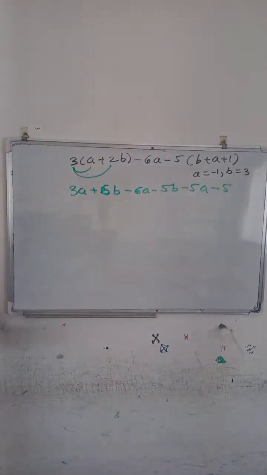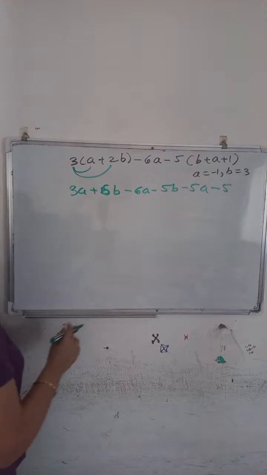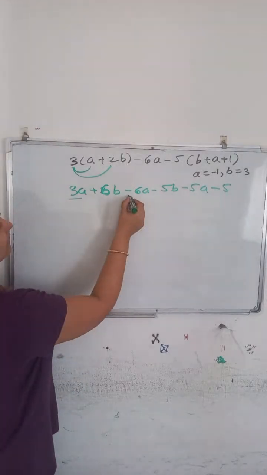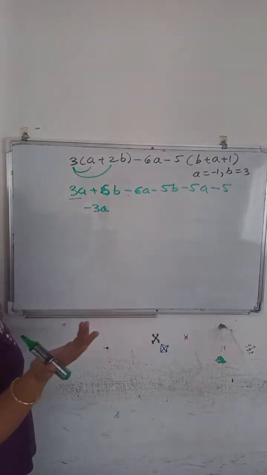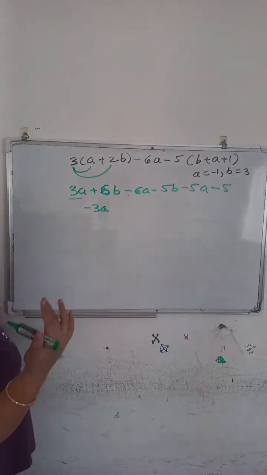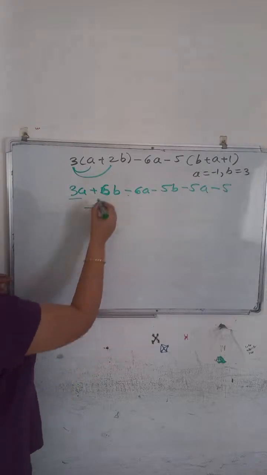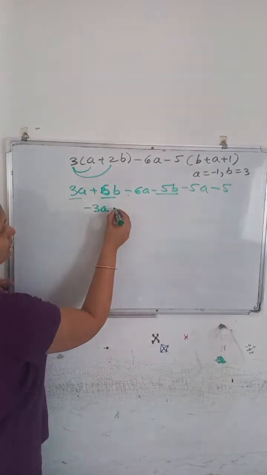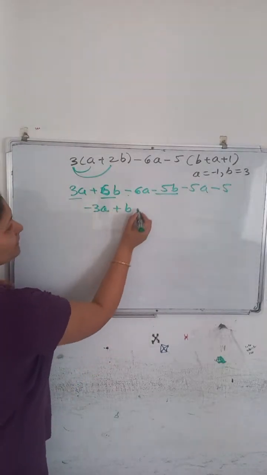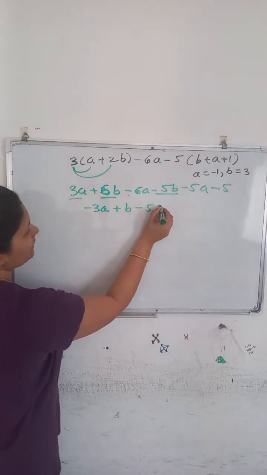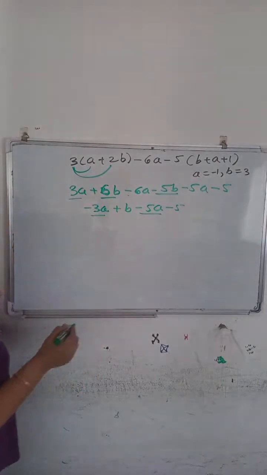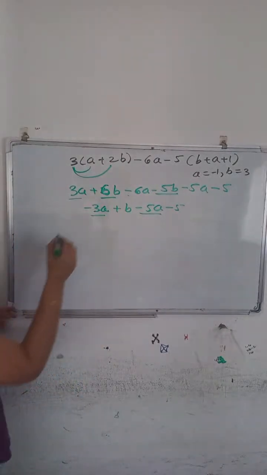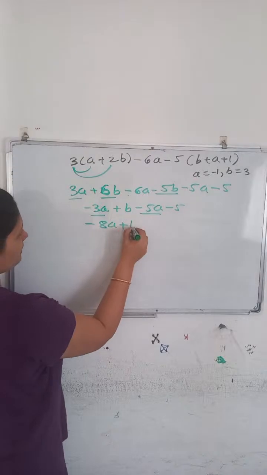Can you getting this? Now here check 6a, 3a minus 6a is nothing but minus 3a because they are like terms and both have opposite signs, so subtract and give the greater number's sign. 6b minus 5b is nothing but 1b. Minus 5a minus 3a are like terms, so this will become minus 8a plus b